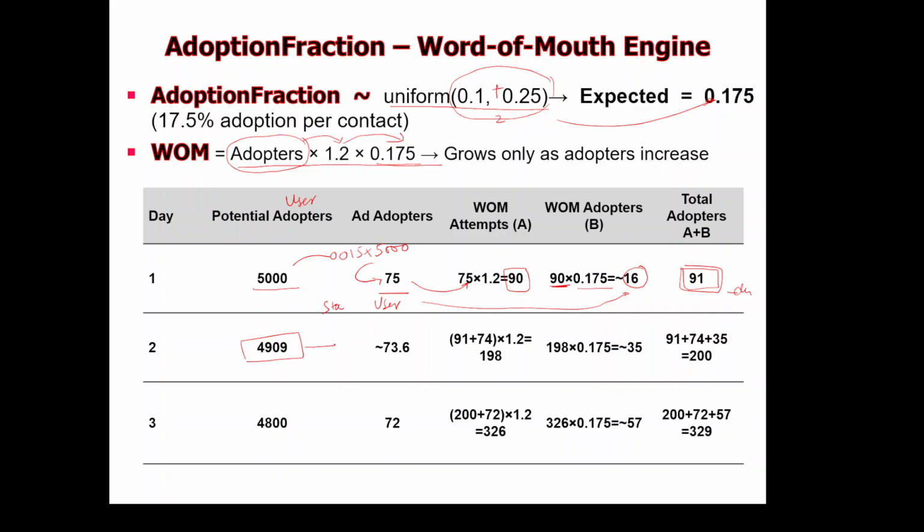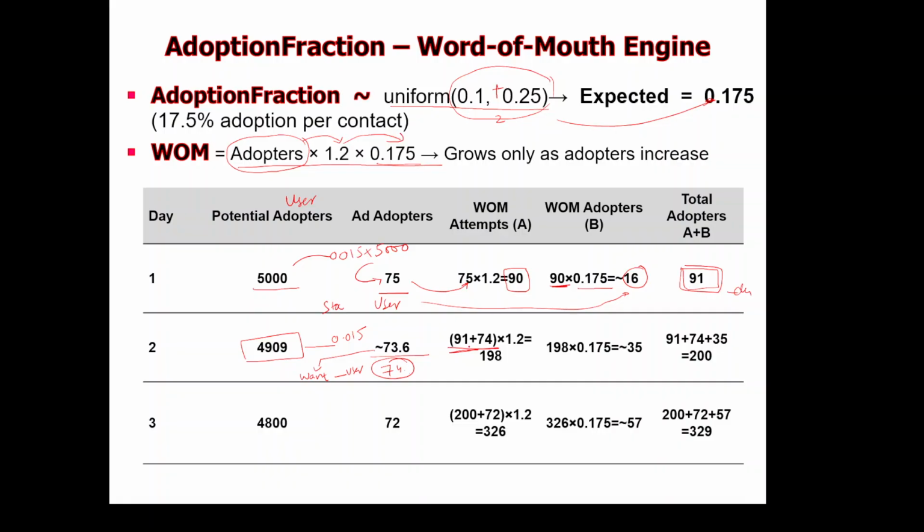Again, they come across the advertisements, 0.015 or 1.5%, and this is around 73 or 74 users. So these 73.5 or 74 first went to the want state, and they immediately became the users. Now these are 74 users, and these 74 plus the 91 from the previous day are now